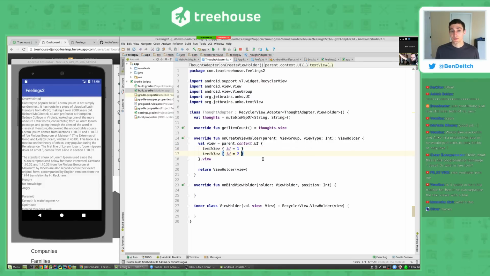And so earlier when we were seeing like r.layout.whatever, that gets compiled into something that's basically just a number at runtime. So we can just use a number instead. That's fine. Okay. So we've got text view with ID 1 and text view with ID 2, and that gives us our view holder. And then on bind view holder,